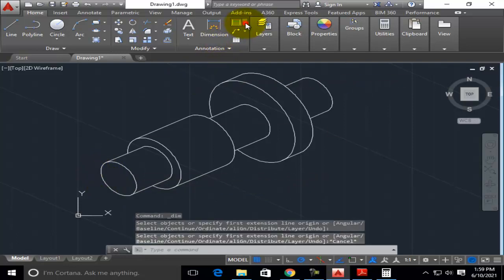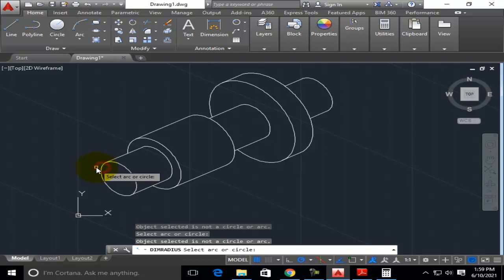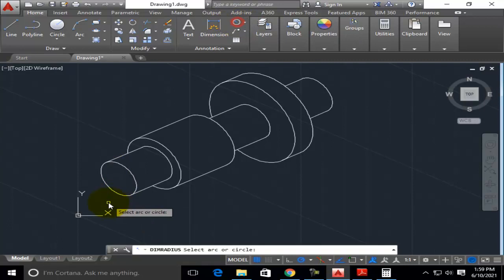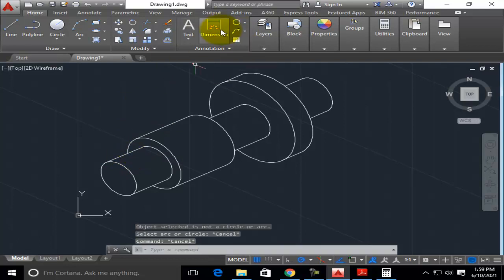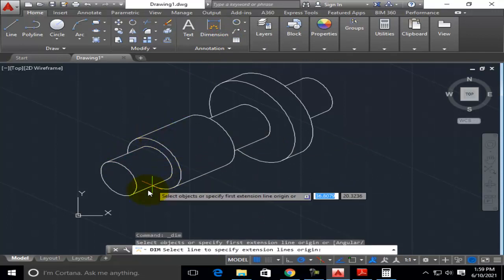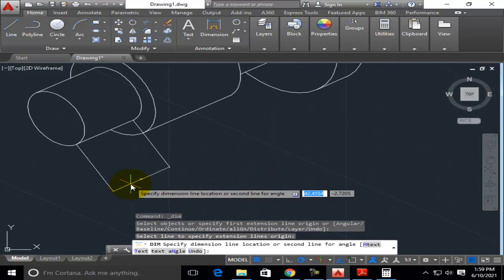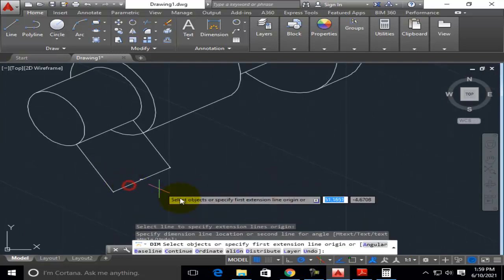For this, better you use the radius option, radius method, and select the circle. Or else you select the object by using the line here.